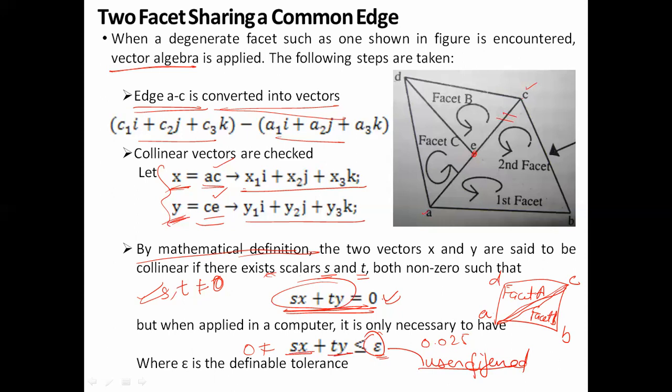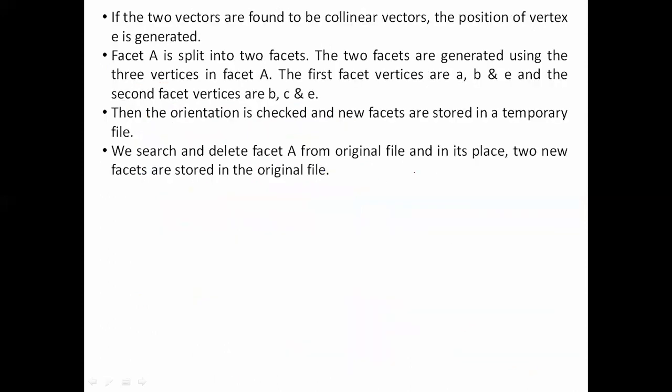Now if this value falls below the threshold limit, then these two vectors, that is AC and EC, are considered to be collinear. These values are defined by the user, and generally this value is 0.025, and the maximum value generally given is 0.050, but you can give as much value as you want, depending upon the type of vector you are using. So once you have defined the value of epsilon, and you have found that the vector x and the vector y are collinear vectors,